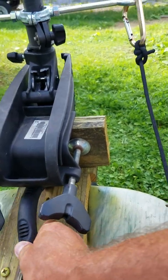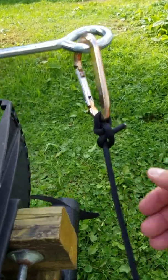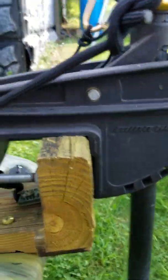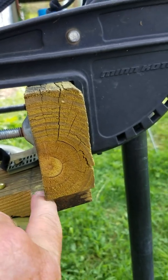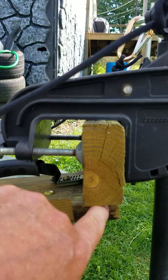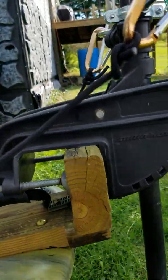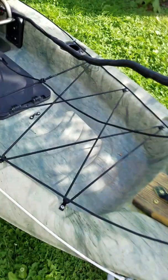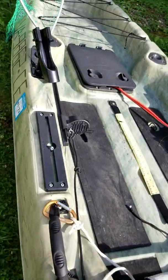I put my handle back on, and I just mounted this vertical. Had to cut a little angle on it down here, but I just mounted it with heavy duty decking screws, long decking screws. It's perfect, it's solid. But what it all boils down to, you've got a trolling motor with steering,